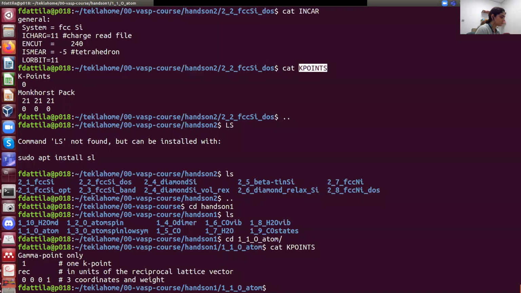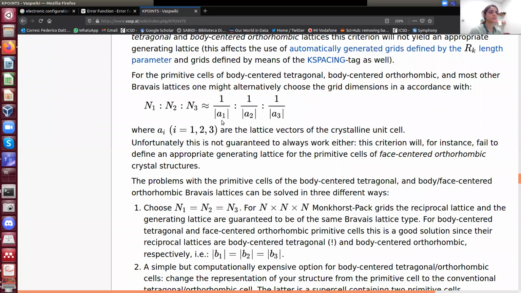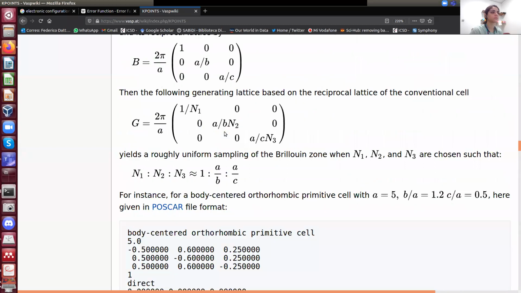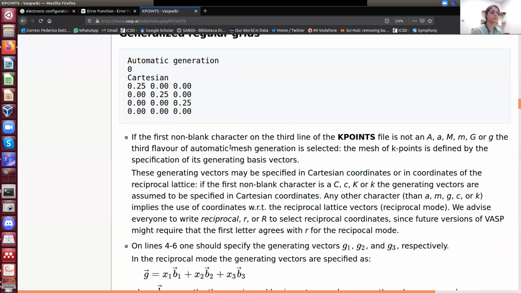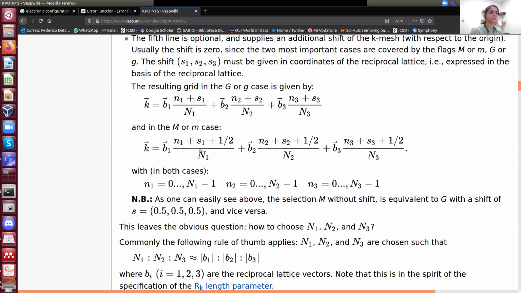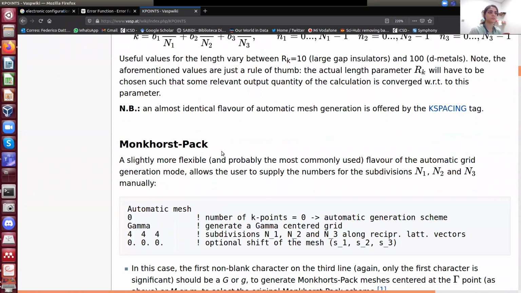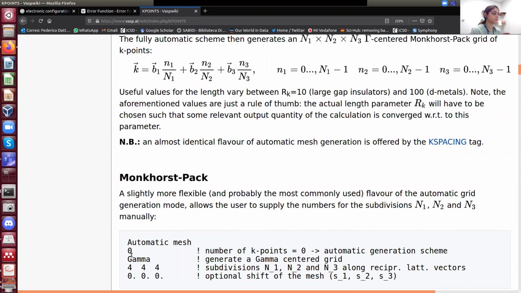Okay, now I understand what you do. So the reason why you have 0 there is because you don't know yourself how many key points you will use, because you are generating the key points. So what you just tell it is, I would like to have that much key point in each direction, but then it is the method that is deciding how many key points. So the reason why you put 0 is because it's just to say, look, you cannot define it. You can say this 0 as number that needs to be defined. Okay? Yeah. And if you know the number of key points, you put 1, 2, 3, or whatever.